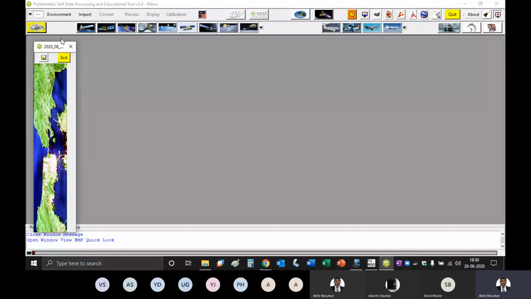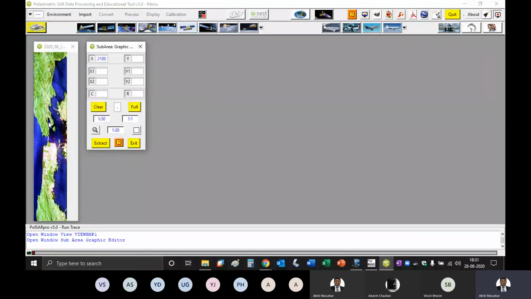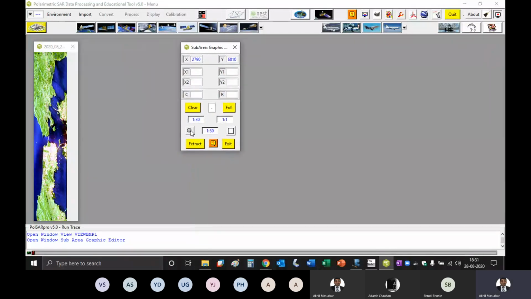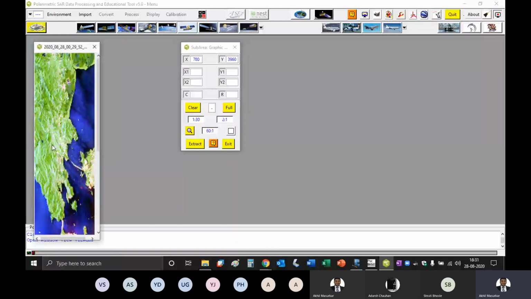Now what you can do is again go to import, then go to extract, and now say sub area. So this is the area that we are going to focus on. So slightly let us zoom into certain things.